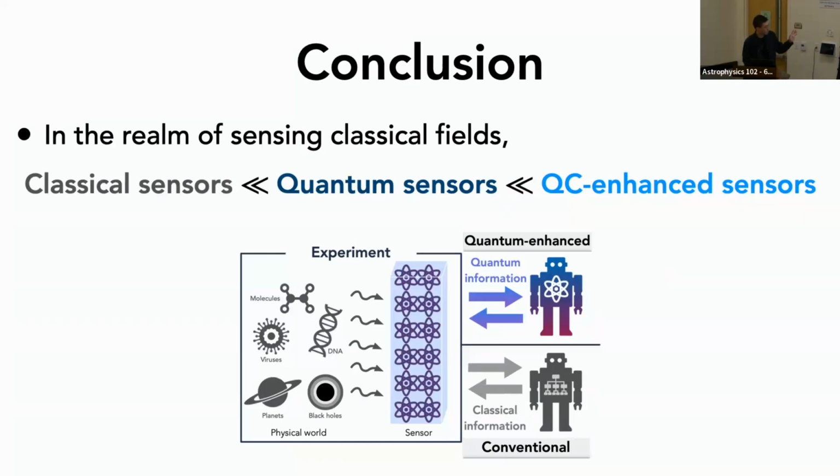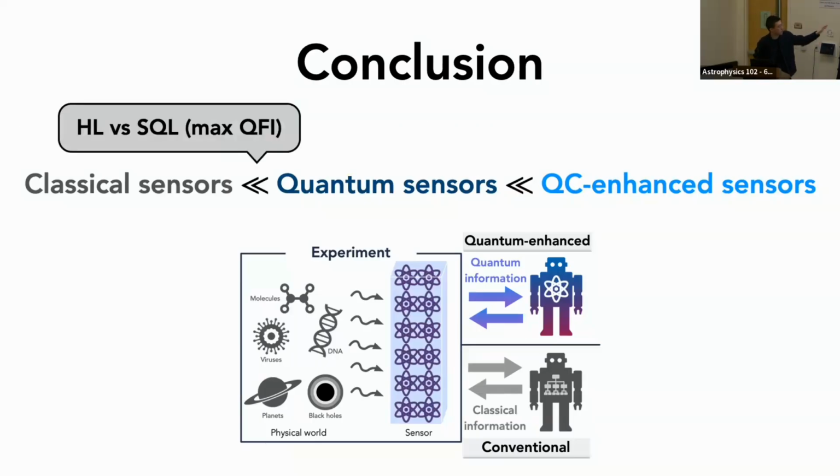And through these studies, we have laid out this hierarchy. Basically, we have classical sensors and quantum sensors. Previously, the community has studied a lot of these separations under the ideas of Heisenberg limit and standard quantum limit, and one of the things people want to do is to maximize the quantum Fisher information. However, what we found in this work is that even for some very simple and foundational sensing tasks, one can